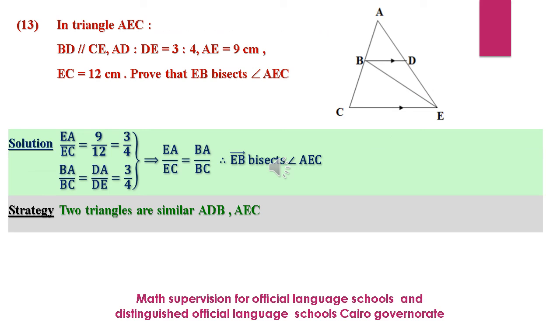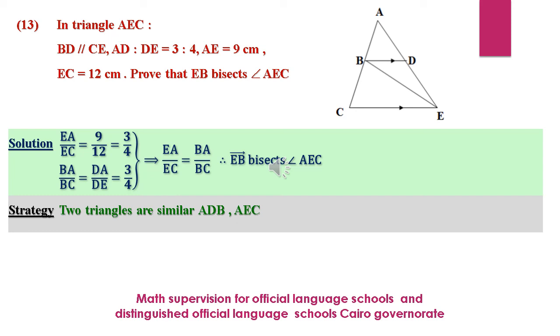We have here triangle AEC. Inside it we have BD parallel to CE. So the ratio between AD to DE equals the ratio between AB to BC equals 3 over 4. Now we have two similar triangles ABD and ACE. So the ratio between